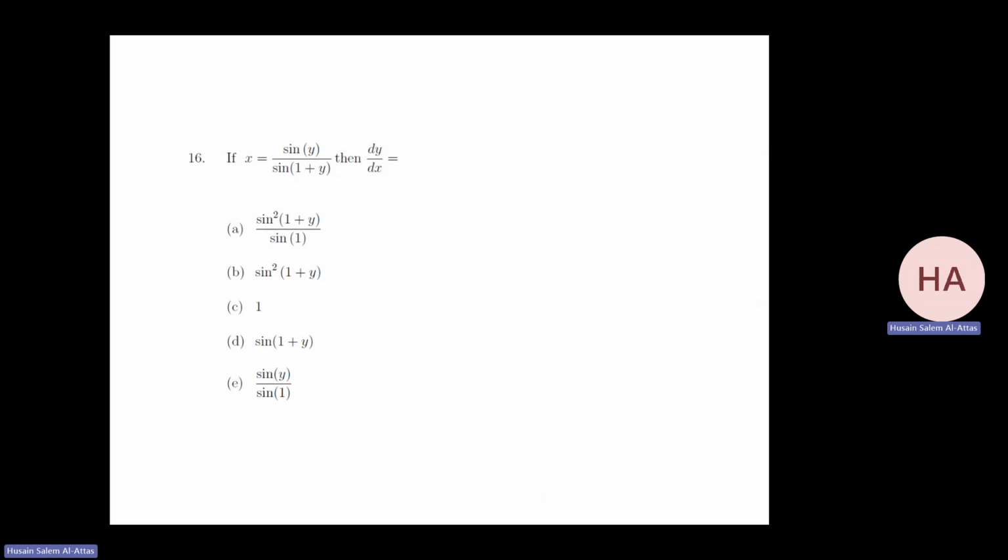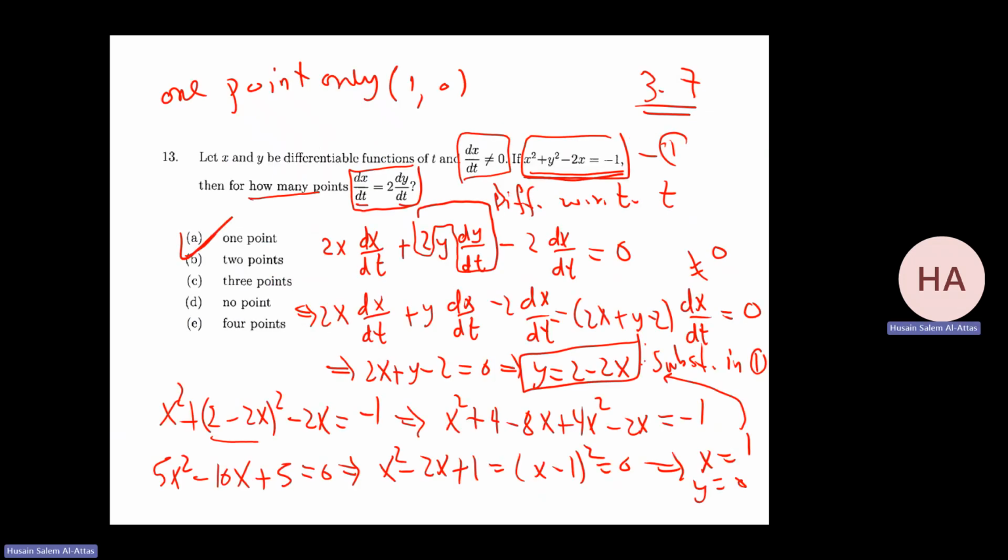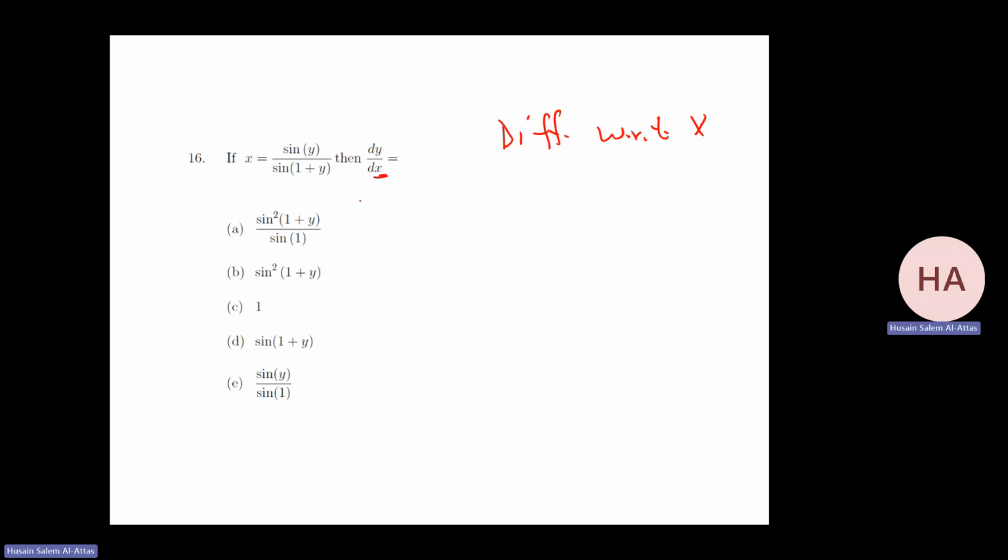If x equals sine y over sine (1 plus y), you want dy over dx. Okay, differentiate with respect to x. What is the derivative with respect to x? In that one, you wanted the derivative with respect to t, because that was differentiated with respect to t. So I have this one. I have the quotient rule here. I have cosine y times y prime times the denominator, minus the numerator,